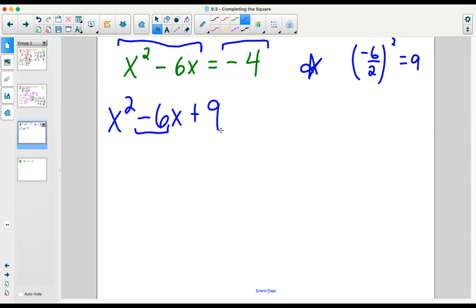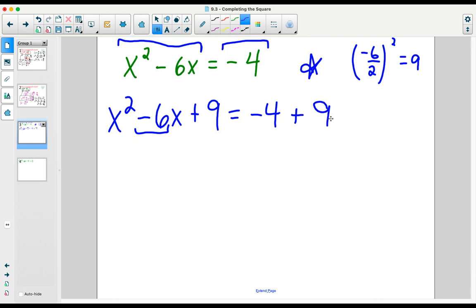Now, in the last video we saw, that was the end. We were just practicing completing the square. But we're not allowed to just arbitrarily start adding numbers to an equation. We've long established, way back in your pre-algebra days, that you cannot just add something to one side of an equation. So in order to keep everything in balance, we're also going to add a 9 to the right-hand side